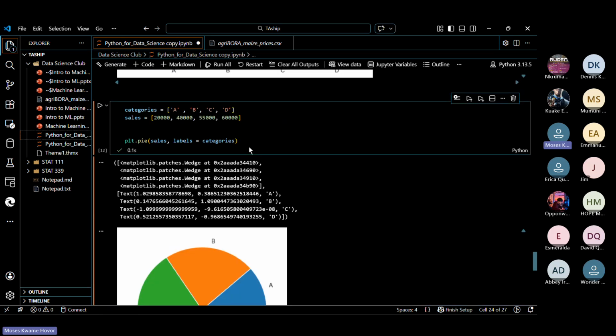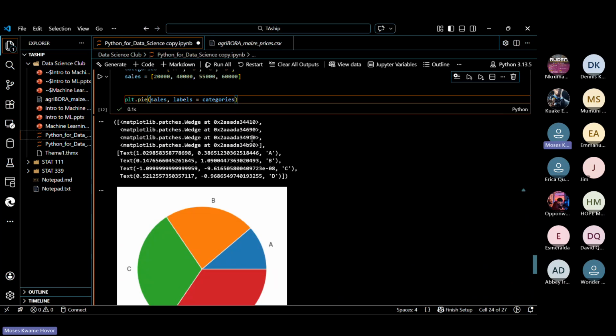Now we can go ahead to further customize it by giving it a title, by giving it a legend, by even changing the colors that we are seeing here. We can do a lot of things with it, but time is fast spent, so I'll go on to the next one and then I will end the section.